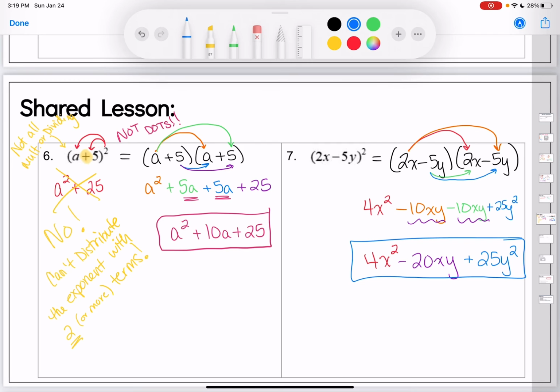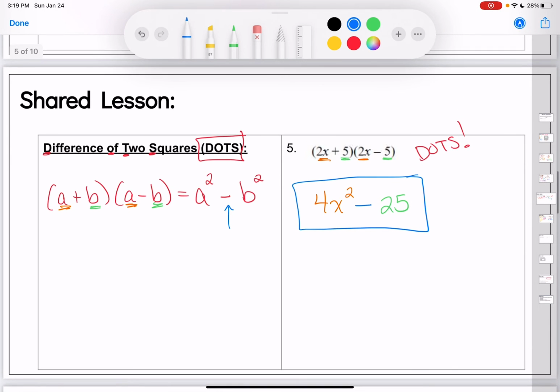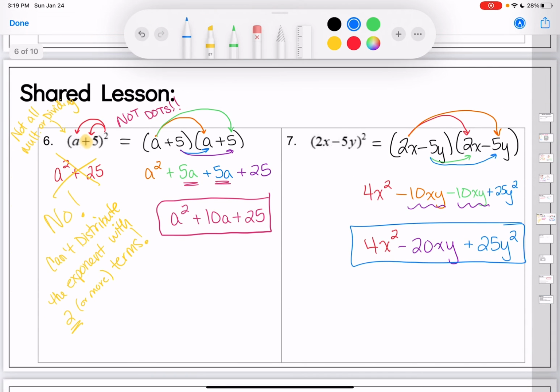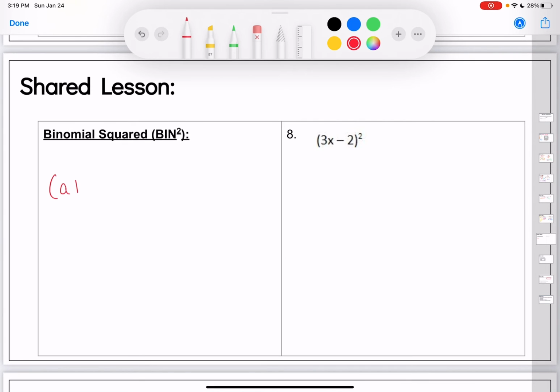All right. So we've cleared up that we don't want to distribute the exponent, but I don't know if you're noticing this, there is a shortcut that goes along when we have this binomial squared. We had a shortcut when we had dots, when one was plus and one was minus, because it was the same thing happening every time. Same thing here. When I have a binomial squared, I have a pattern going on. So this binomial squared shortcut would be, if I have (a plus b) squared, it'll give me a squared plus 2ab